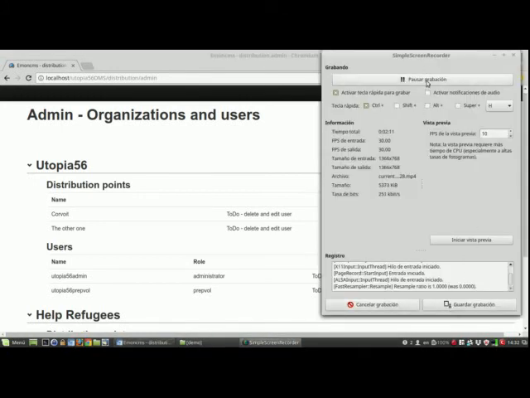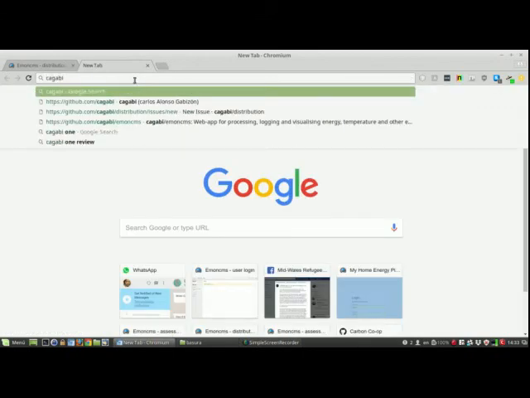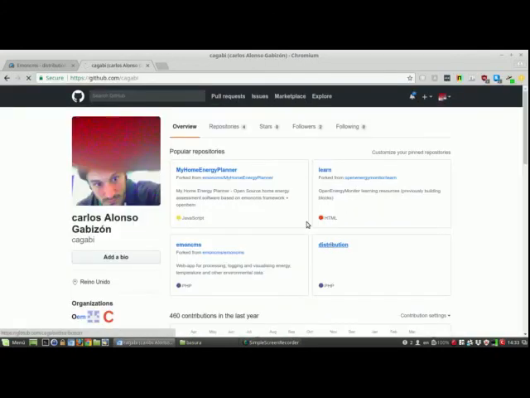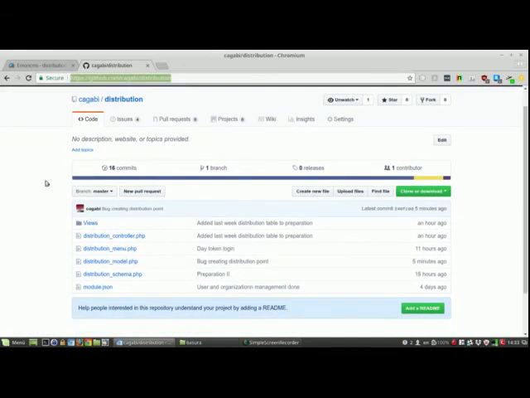Let me pause this. Right, and the last thing I want to say, if anybody's interested in the code, you can go to this GitHub account here. So if you go to this URL, all the source code is here,